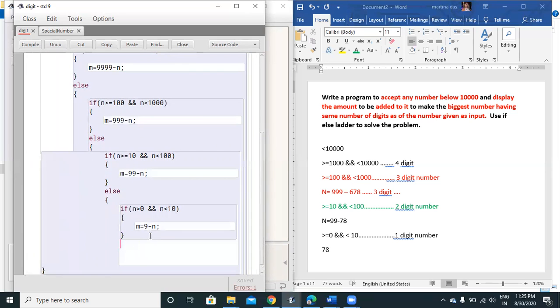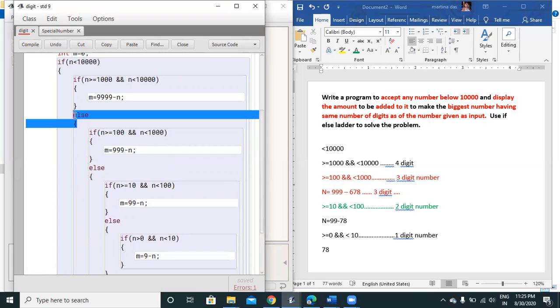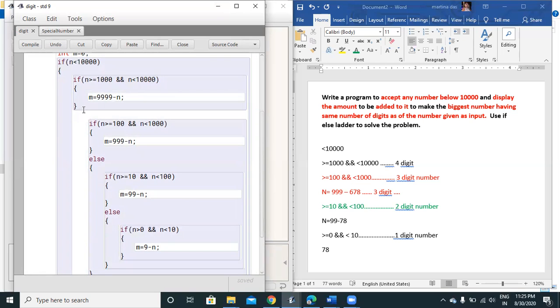Now I will end it with my braces. Now you can see automatically when I go on braces, one block is getting closed. You can see it already shows that. Okay, here by mistake I had written else because it belongs within this if block.